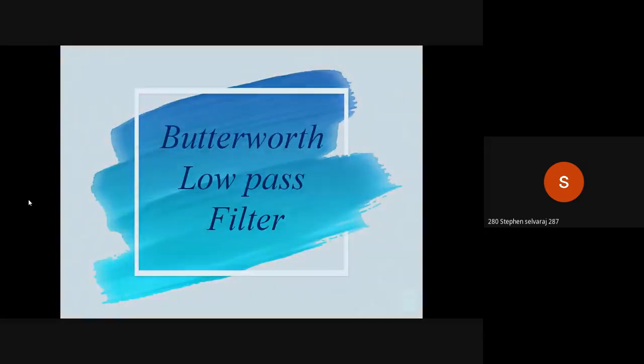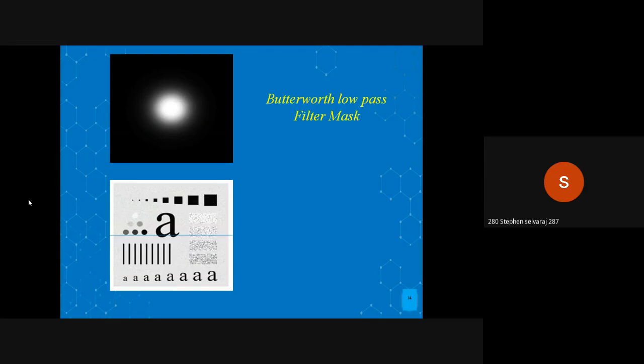Butterworth low pass filter. We will only be talking about the Butterworth low pass filter because it was found to be the most efficient filter in the low pass category. Following is the Butterworth low pass filter mask, which we calculated using the formula. In this, we can see that only the center is bright, and this mask, when applied to the Fourier transform of the noise-added image using the convolution theorem, only passes the low frequency values concentrated towards the origin. Below is the final output of the filtered image with the MSE and PSNR values.